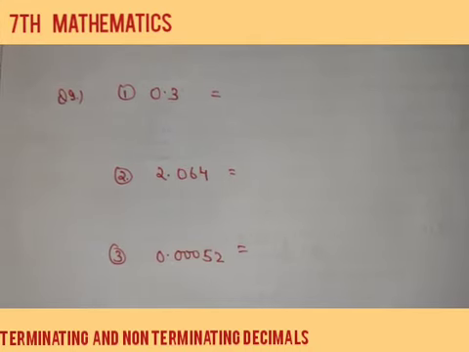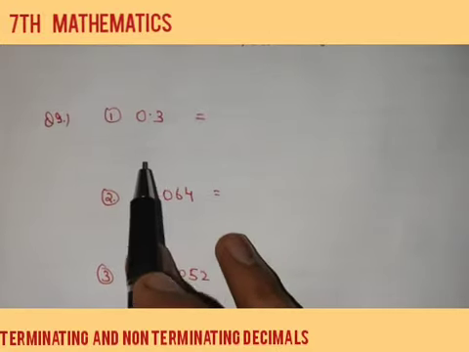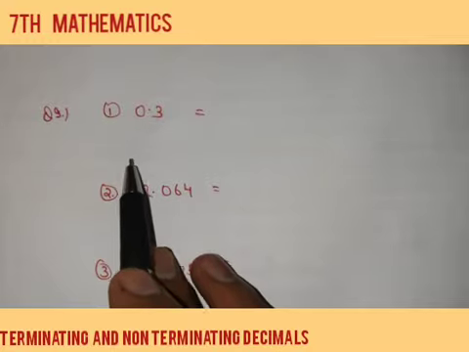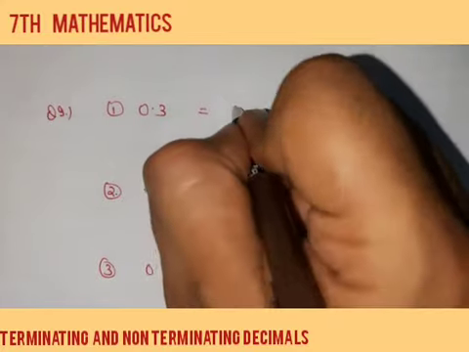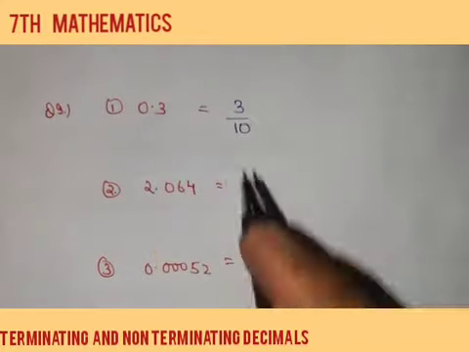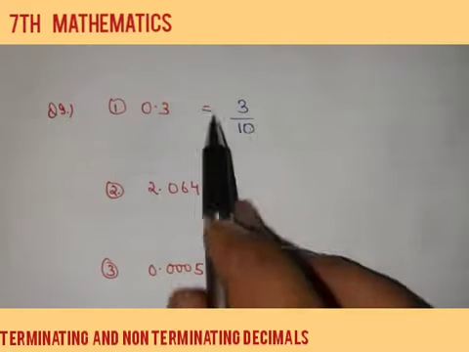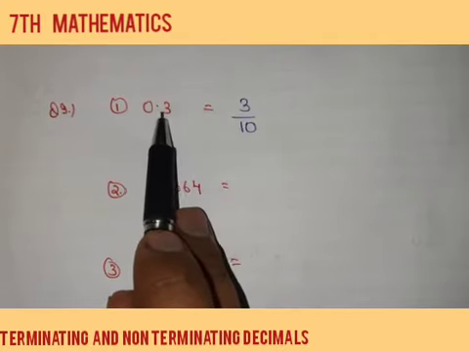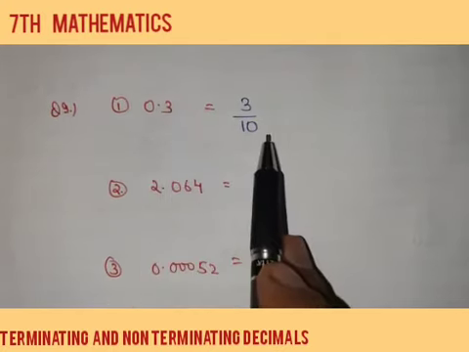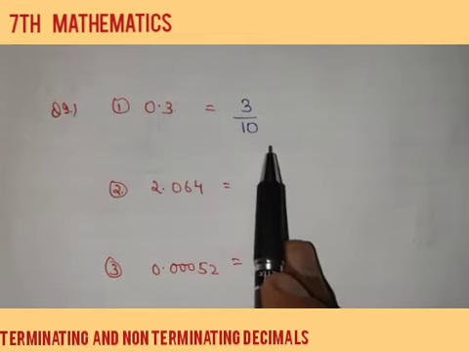Now the last question of this exercise, express each of the following decimals as a rational number. Now what are rational numbers? Which are represented in the form of P upon Q. Very simple. Let's pick up the very first question, 0.3. Now we need to express this decimal as a rational number. So we can write 0.3 as 3 upon 10. Now it is expressed in the form of P upon Q. That means a rational number. The question comes, how have we written 3 by 10? In the previous question I told you that after the decimal, the same number of zeros as the number of digits we will write. So since here was just one digit, we have written 3 upon 10.